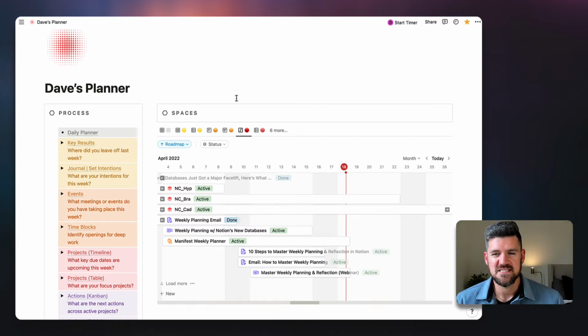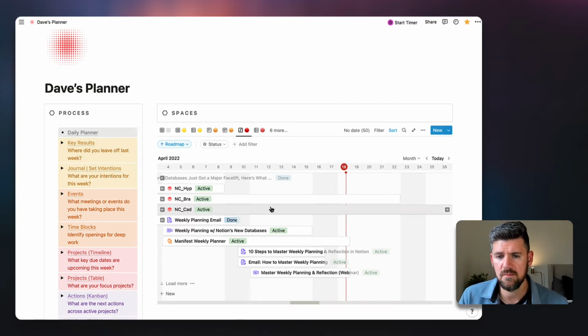So in this case, when we're looking at projects and we're looking at key due dates and scheduling and roadmaps, we can start to see what's overlapping, what needs to maybe be pushed back to prioritize another project, or can we move up a particular project that's related to another one. So being able to see what's happening in terms of a timeline view is super helpful.